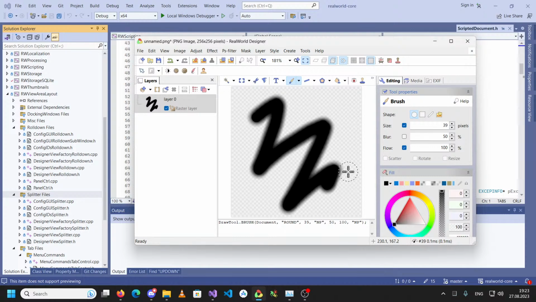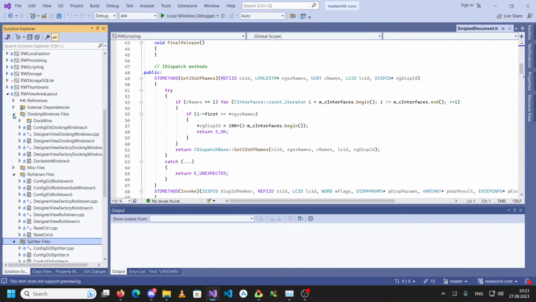So this has nothing to do with editing images, but it allows you to configure the editor window in the way you need. And you can see there is also this somewhat mysterious docking windows